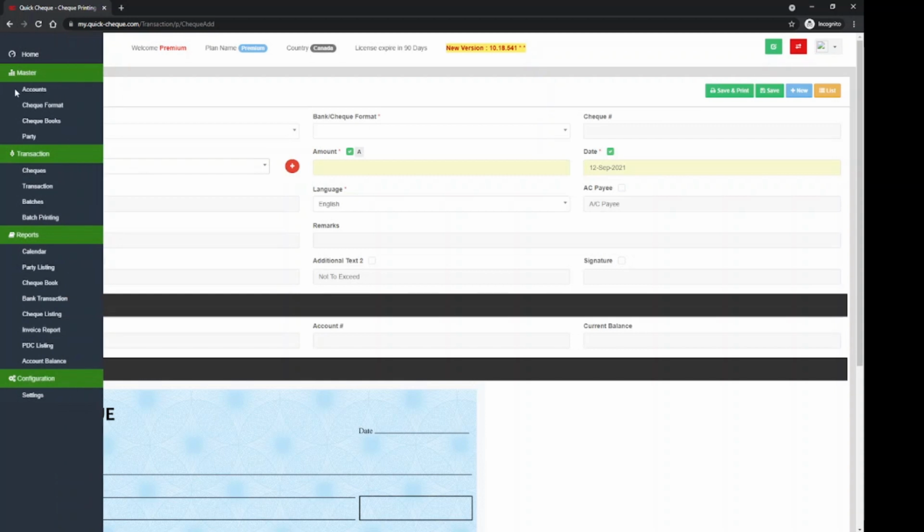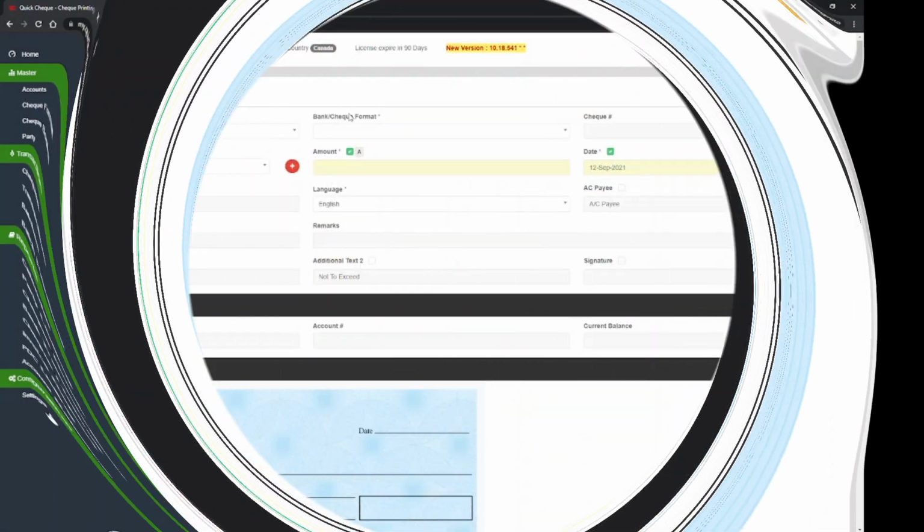As you navigate to the left hand side, you will see the system has divided all the functions into 4 major groups. We have masters, we have transactions, we have reports and we have certain configurations. The master menu has all the functions which are required as a one-time setup or as an ongoing setup to be reused into the transactions. Once the transactions are done, we can get the relevant report and we can do our settings in the settings area to make Quick Check more efficient.